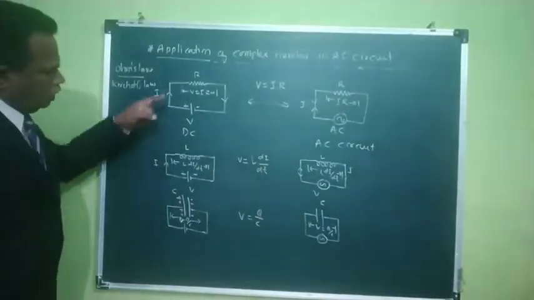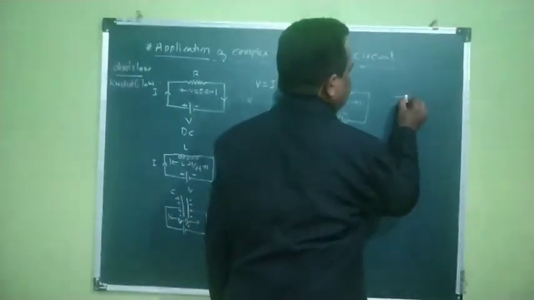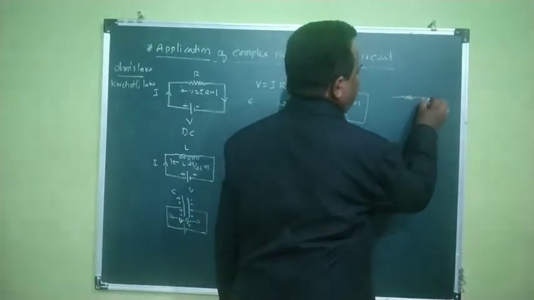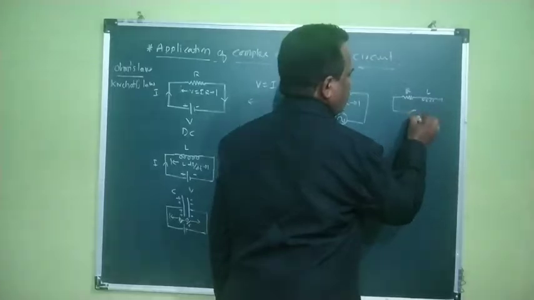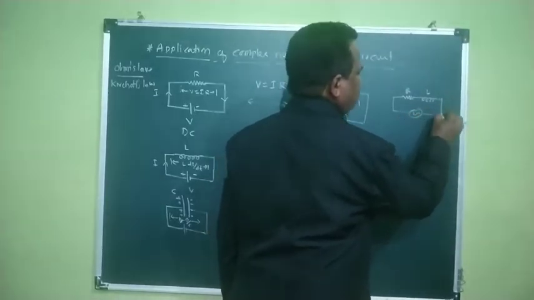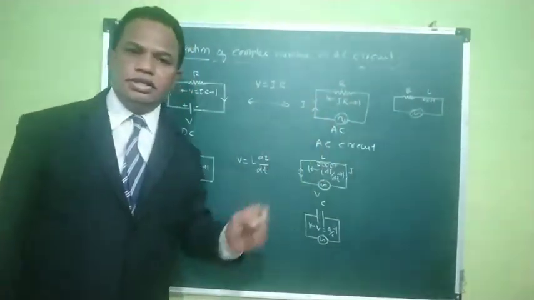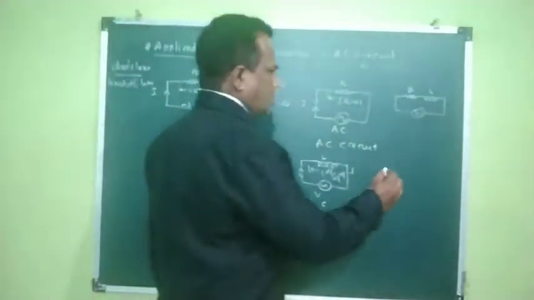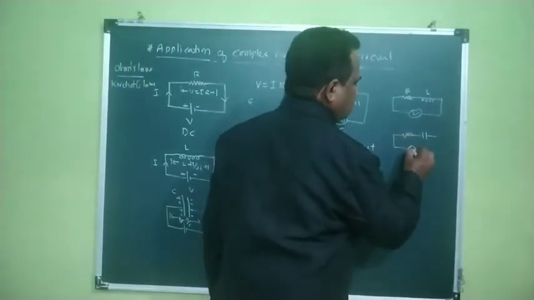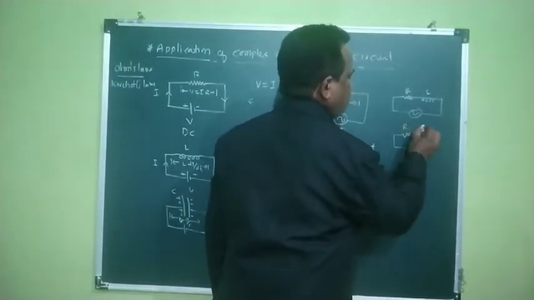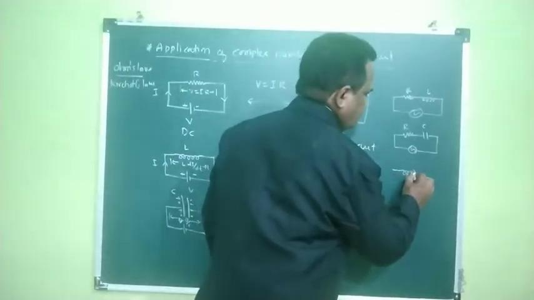Instead of taking only one resistance, you may connect two. That means resistance R is connected as well as inductance L. So this is an RL circuit. You may connect AC or DC and analyze the changes in the current correspondingly. You may have an RC circuit, that is a resistance as well as a capacitor connected across it. I think you have studied this in 12th standard. This is an RC circuit. Or an LC circuit, that is an inductance and a capacitor.